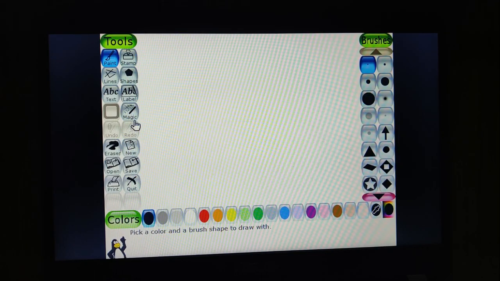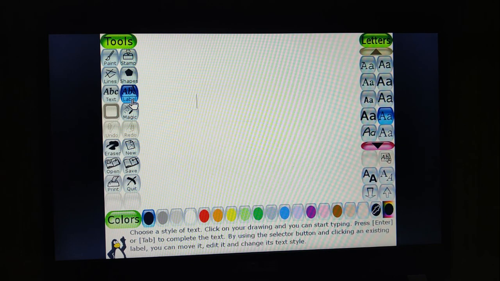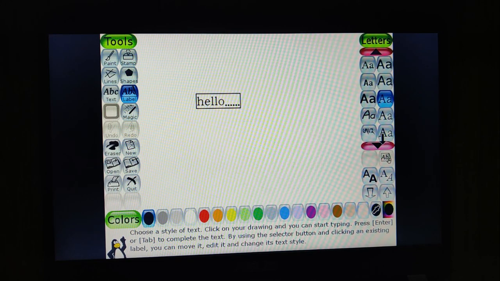Okay, now students, let's see a practical of label tool. Select the label tool option and type anything from the keyboard. For example, I am typing hello. So here you can see in the selector pane different styles of text are available. Using the down arrow key you can see other different styles are available, right?